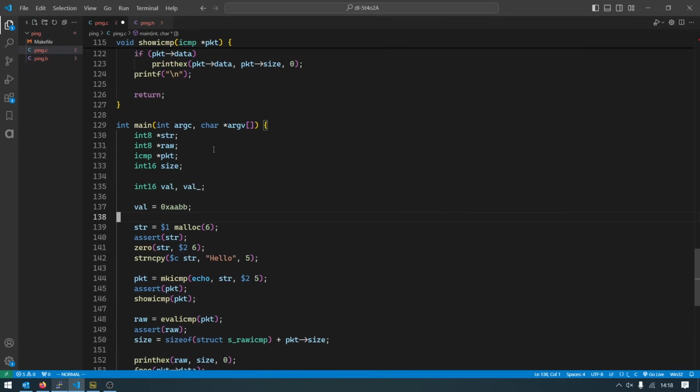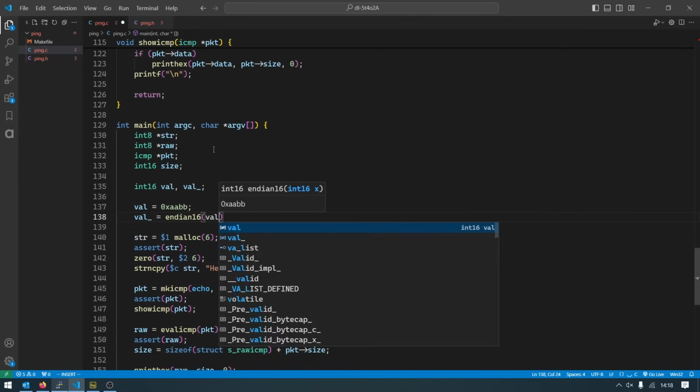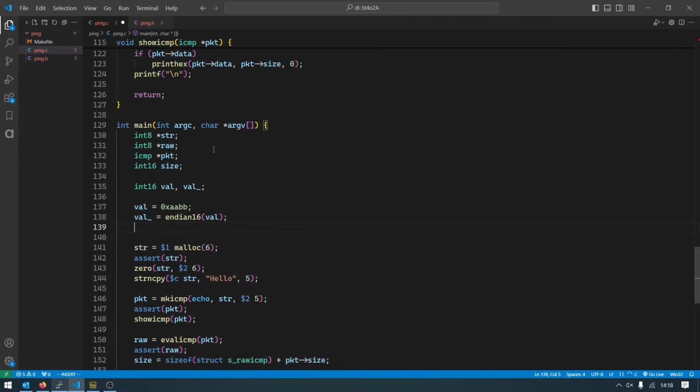Then we have val prime, which is equal to endian16 of val, and then we print this thing, and we'll print it as a hexadecimal number, 4 digits,